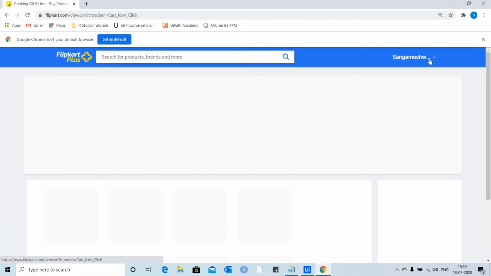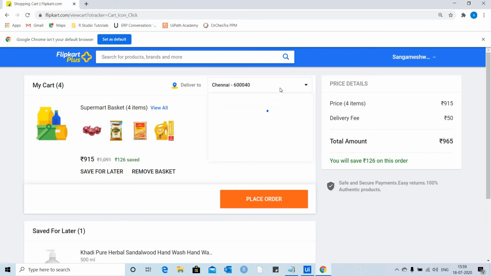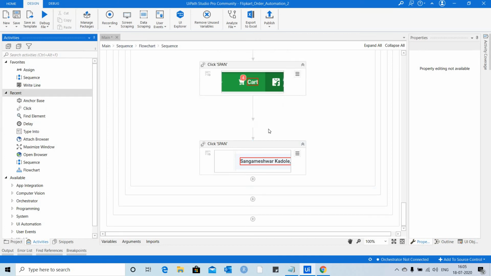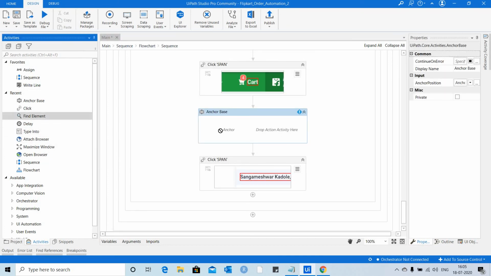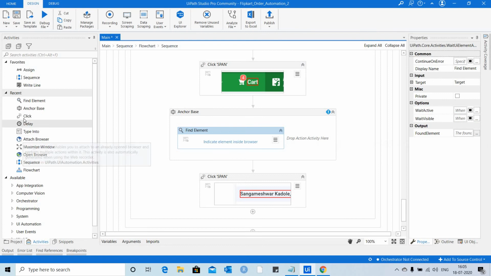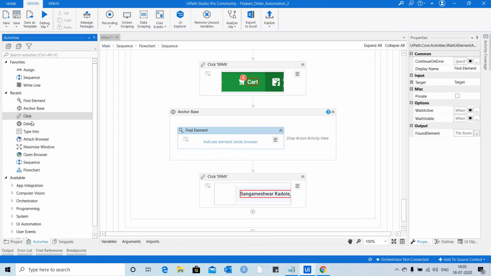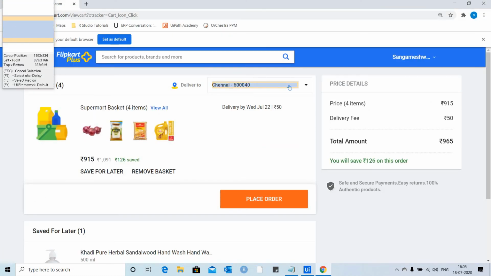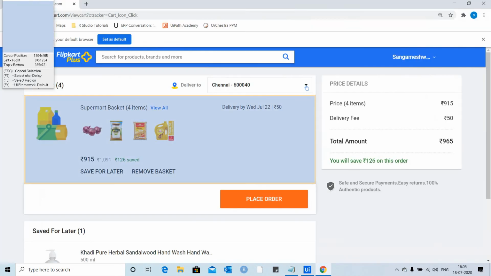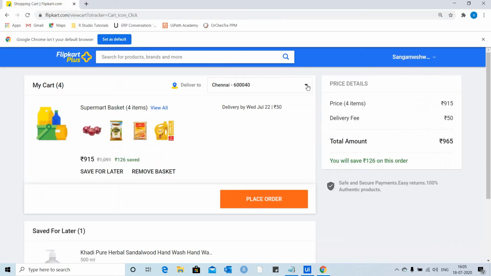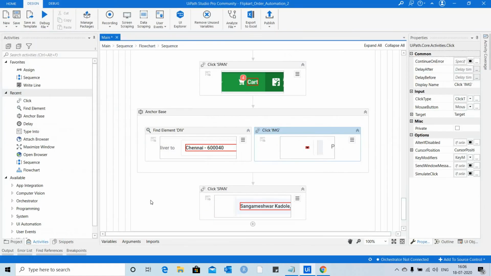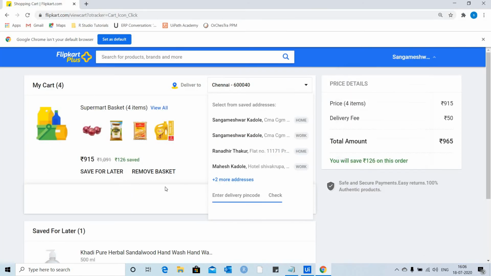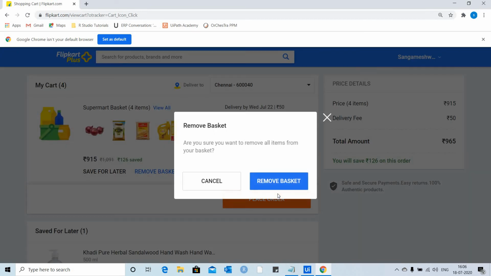Once I click here on the cart, I need to indicate this element here, and then indicate this click activity here. So once this is clicked, let's run the program again.